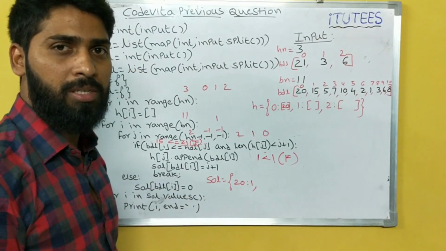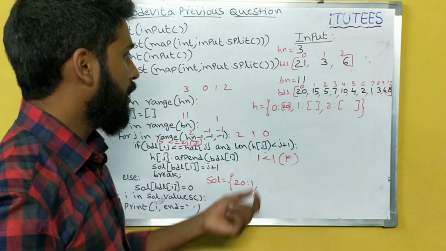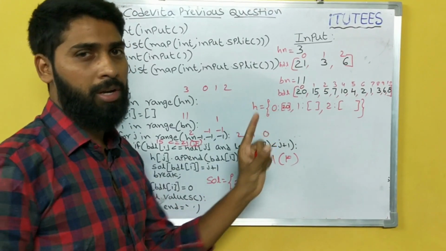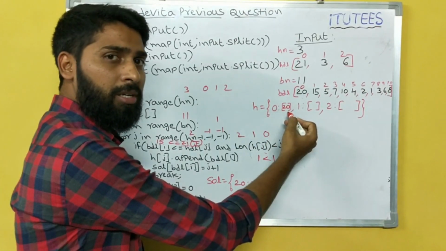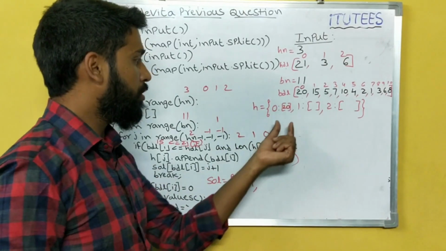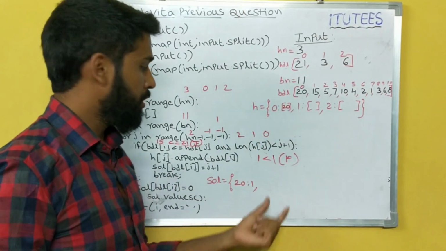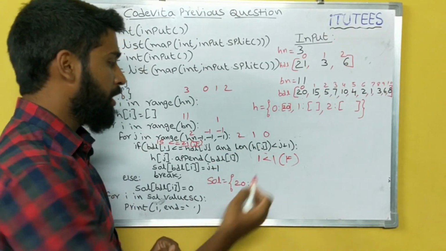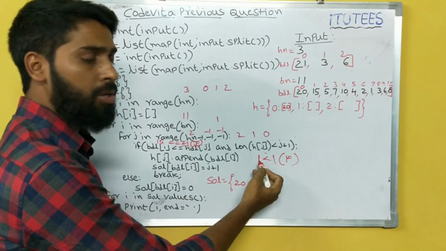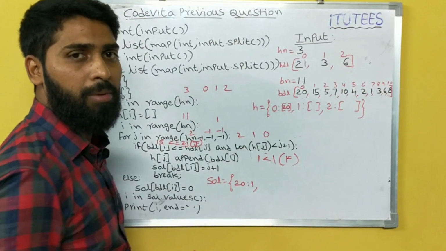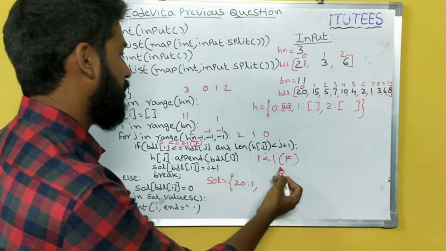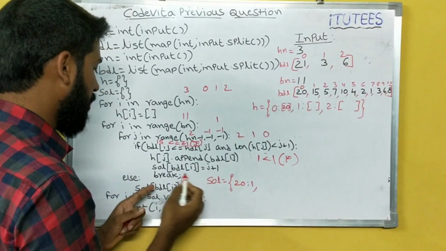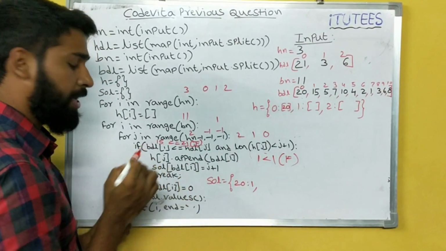So what that means, in the problem they are giving that at the first hole we can fall only one ball. So already one ball has fallen in the first hole, so no other ball falls into the hole. So how we can write that: h of j less than j plus 1. Already the length is 1, so now we cannot insert another ball in that hole. So it is false. So that is not fallen in any hole and the break is not executed.